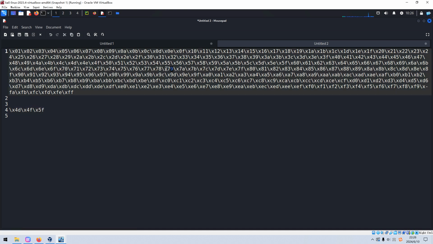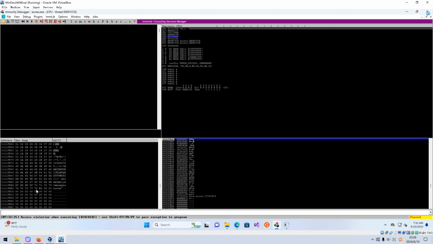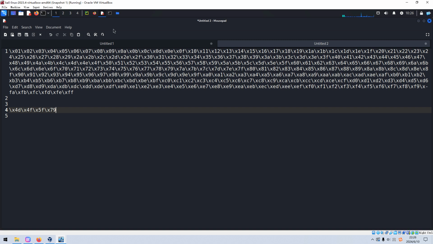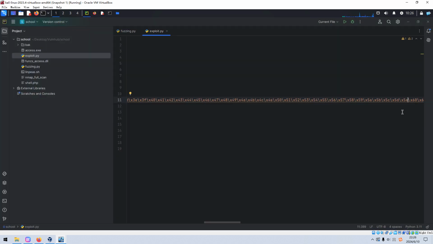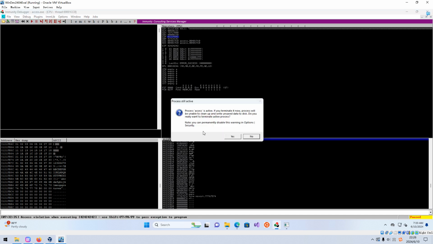So this one we can copy. 7 line. Okay, 7 line. So we can remove the 7 line. Okay, and then we can restart the process.